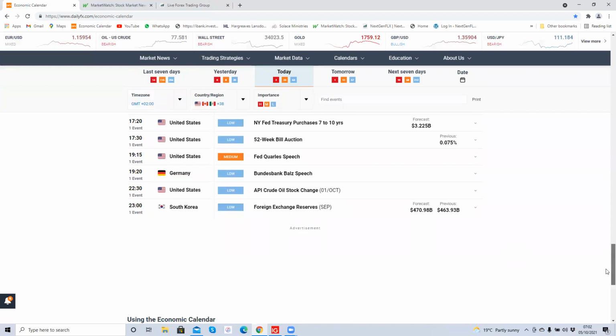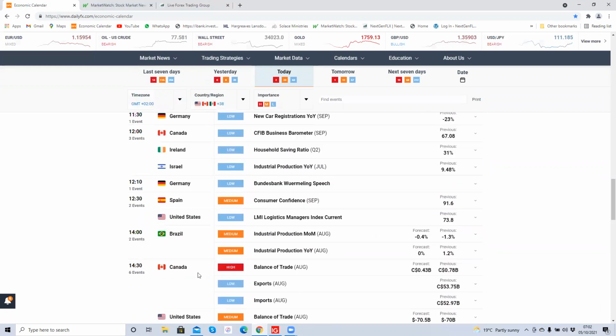And that's it for today. The only report of high importance today is the balance of trade report out of Canada that will mainly affect currencies paired with the Canadian dollar. Since we're trading the dollar Canadian dollar, I'll avoid trading it till 2:30. But for the Euro US dollar, I'll start trading that straight away because there are no reports of high importance due out today that could directly impact it. And there are no public holidays in the UK or USA.